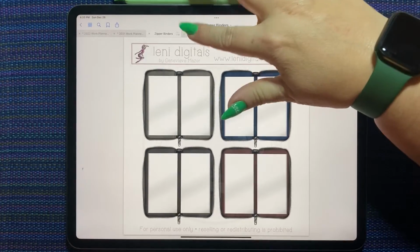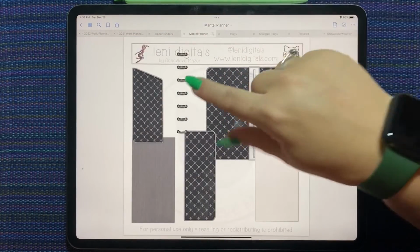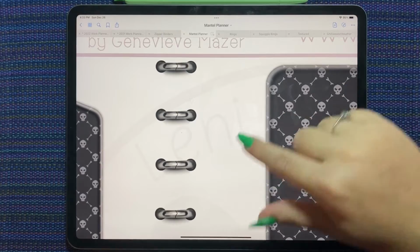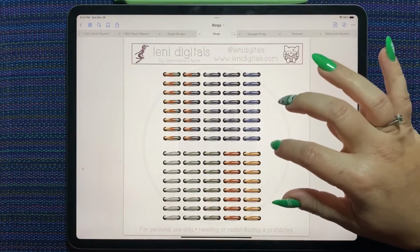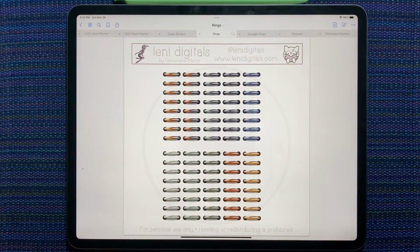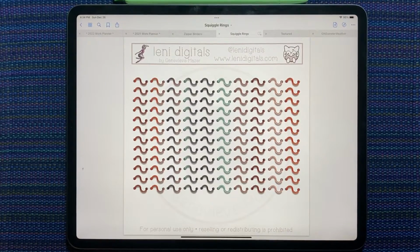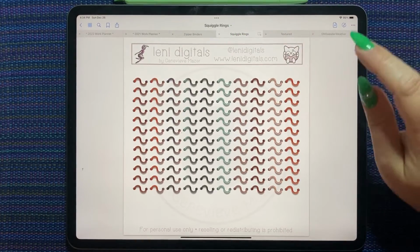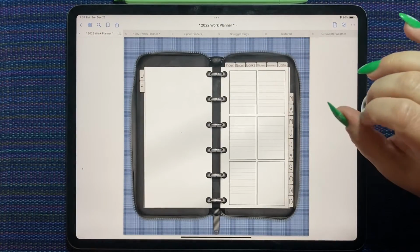Then you need some rings. For this work planner, I used these rings, which are also from Lenny Digitals. They're the ones that came with one of the mental planners. I think they match the color tone in the zipper binders really well. Again, this is a transient. There were also some rings released that are really cute that you could use. But what I decided I would do is these squiggle rings because they are so much fun. So we're going to go zipper binder, squiggle rings, and then for my background in this planner, I used some background